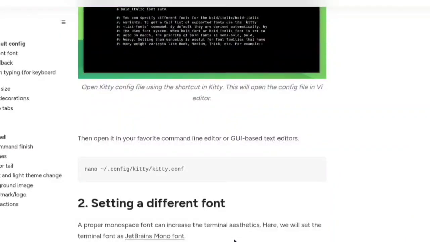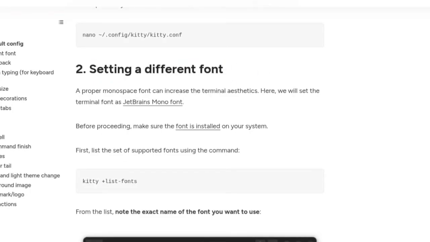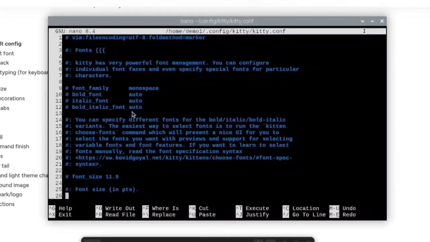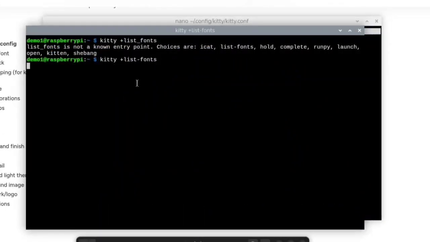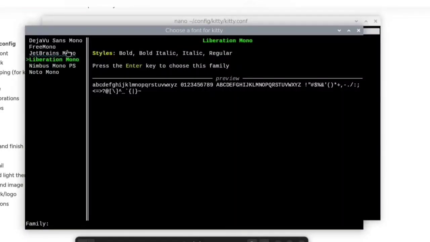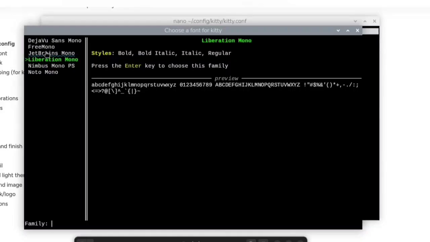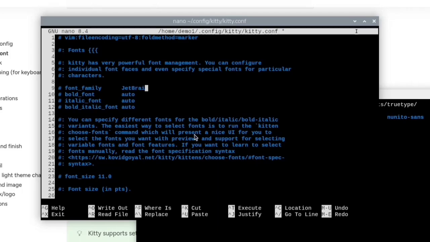Step 3, setting a different font. You can see all the fonts installed on your operating system using the command kitty +list-fonts. In the terminal, we have to look for the JetBrains Mono font. If JetBrains is not present there, that means you have to install it. If the font is not installed on your operating system, you can do this by following this guide that is showing on your screen. Now in the Kitty config file, change font family to JetBrains Mono and font size to 12